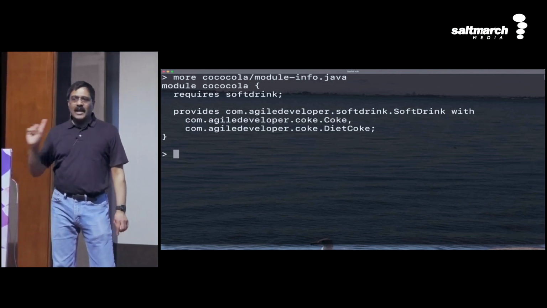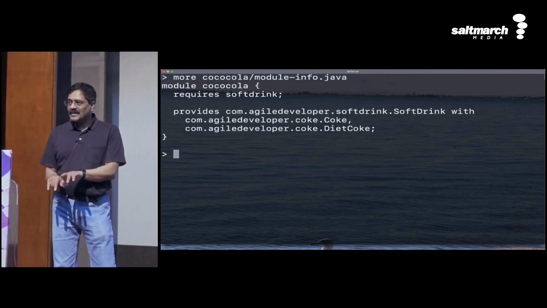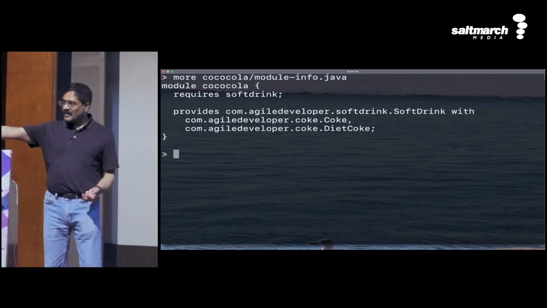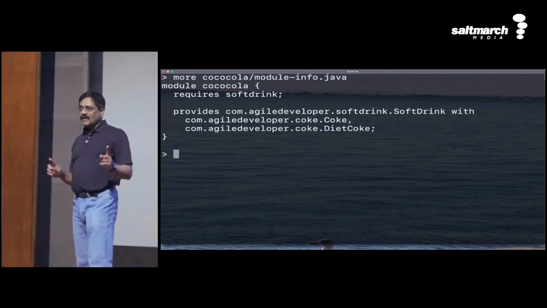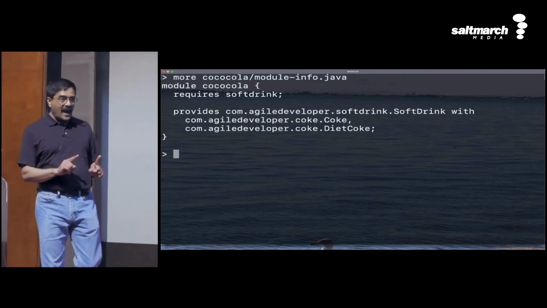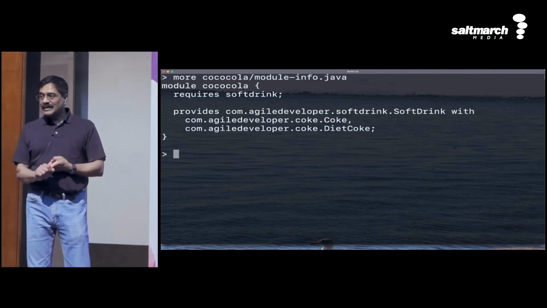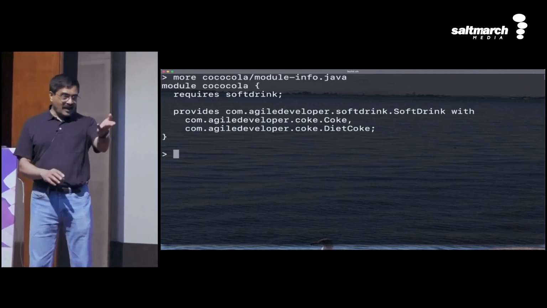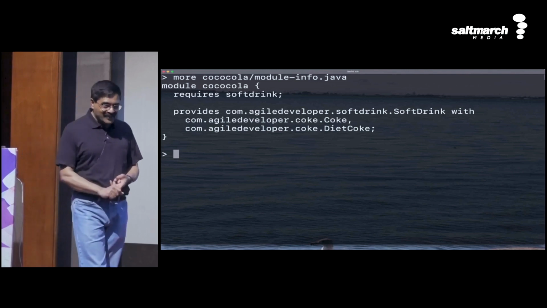So if any code says new com.agiledeveloper.coke.Coke, that will be a compilation error. It's going to say, what are you doing? You're accessing some stuff that's not given to you, right? You have no access to it. So this is available not at compile time. This is available exclusively at runtime. And what's the benefit of that? It removes tight coupling. It forces you to use IOC, dependency inversion, a very clean design, not just a clean